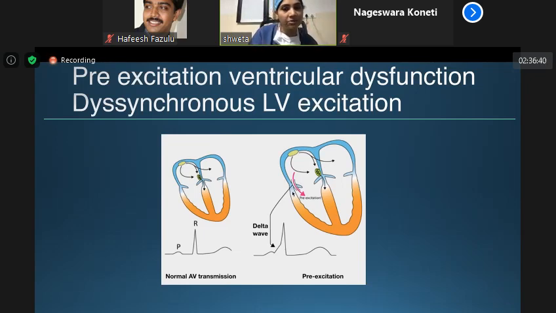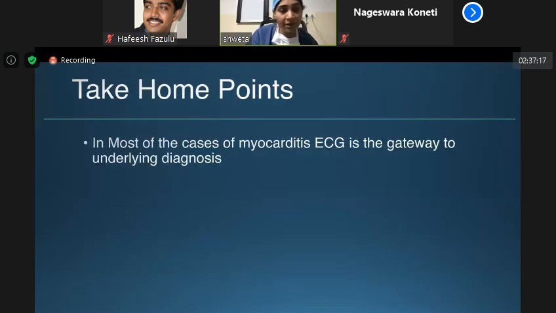But in an accessory pathway, the conduction transmits from one ventricle to another. So because of this, ventricular dyssynchrony is noticed, and that leads to ventricular dysfunction. So even without episodes of tachycardia, they can present with ventricular dysfunction. And the results are very rewarding if you just ablate this. So for pre-excitation syndrome, even though there are no episodes of tachycardia, if you find that there is ventricular dysfunction, then that is probably the indication for ablation of this accessory pathway, to restore normal ventricular synchrony. So I hope this is clear.